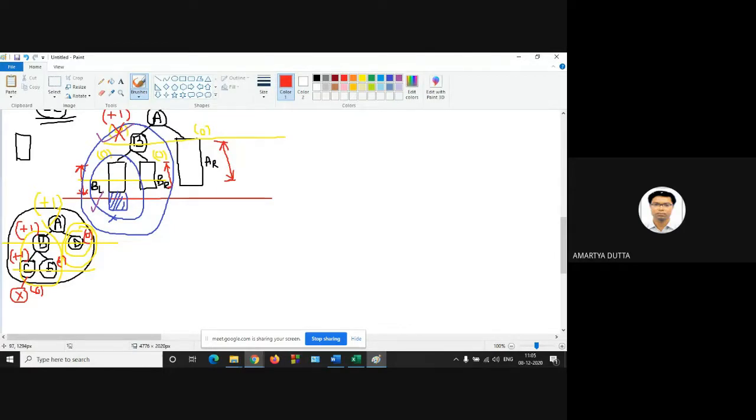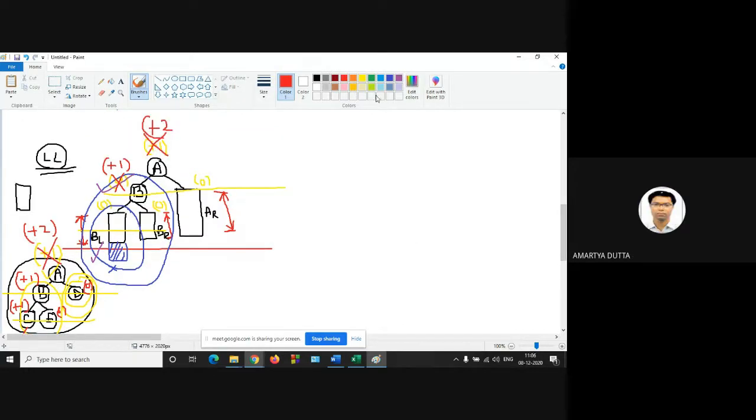Now the height of the left subtree of A is greater than the height of the right subtree of A by an amount 2, so this will be +2. So is it an AVL tree? After the insertion, is it an AVL tree? No, sir. It is not an AVL tree. You have to make a conversion, you have to make a rotation.